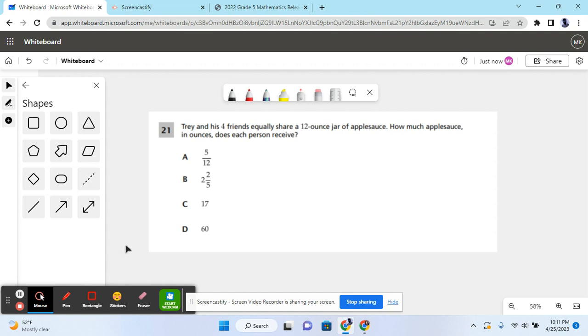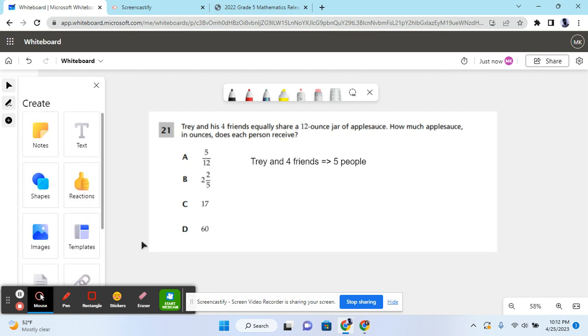For question 21, it says, Trey and his 4 friends equally share a 12-ounce jar of applesauce. How much applesauce in ounces does each person receive? So it says Trey and his 4 friends. So Trey and 4 friends, that's 5 people, because Trey is 1 person and he has 4 friends, that's 5 people. So that means you're supposed to divide a 12-ounce jar of applesauce among 5 people,